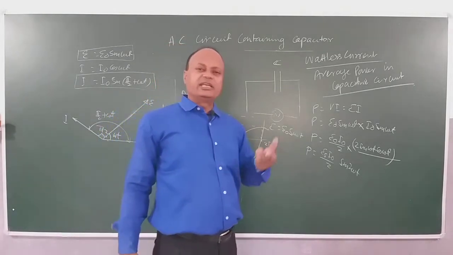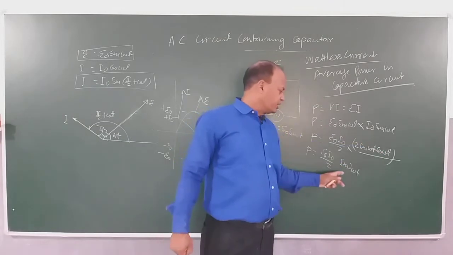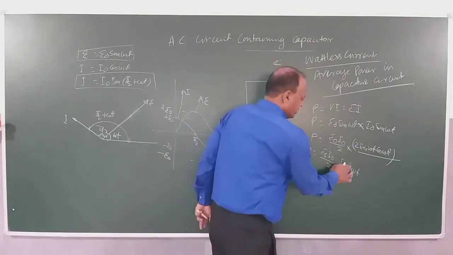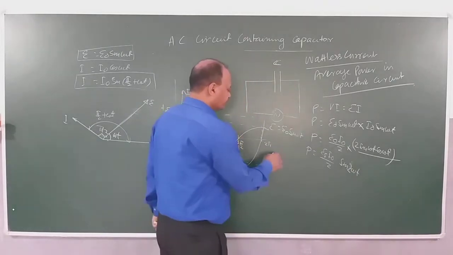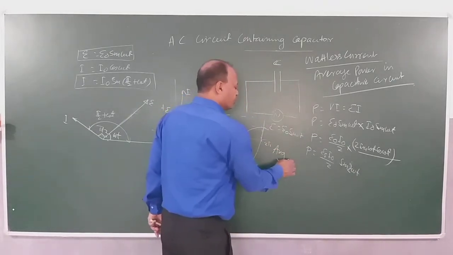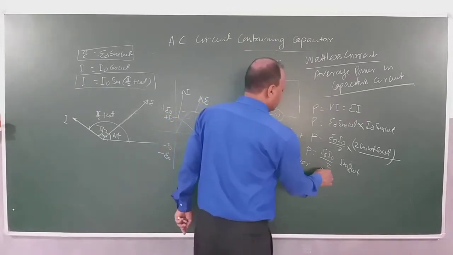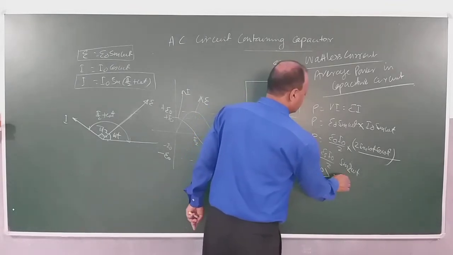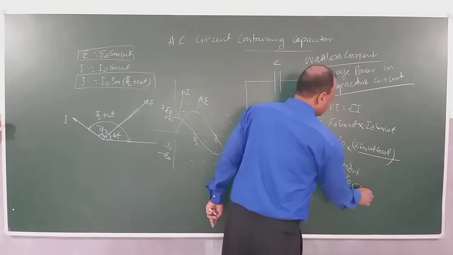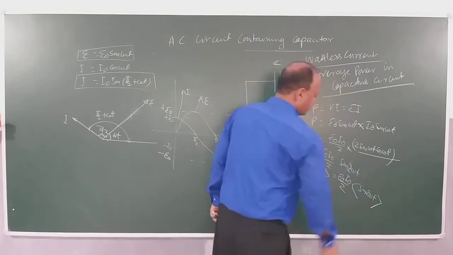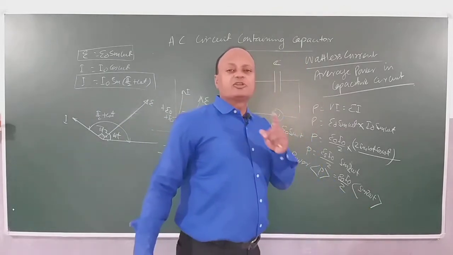You have done 2 sin a cos a is equal to sin 2a. If you do not know, learn it. 2 sin omega t cos omega t is equal to sin 2 omega t. Right? Now for average value, if I want to calculate average power, children, then I will be writing average power is equal to E naught I naught by 2 into the average value of sin 2 omega t. And children, what is the average value of sin 2 omega t? 0. The average value of sin 2 omega t is 0.